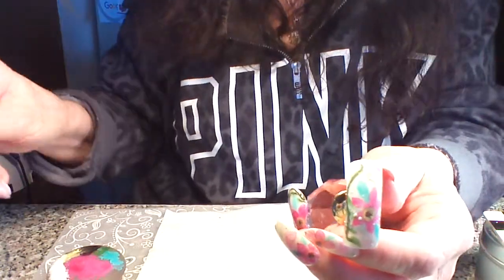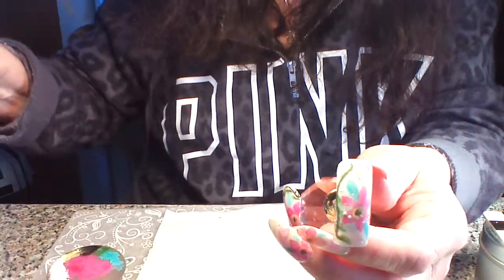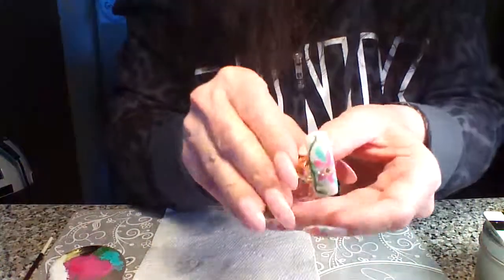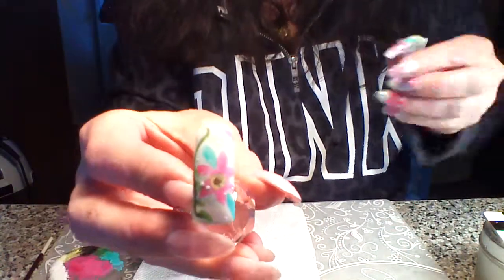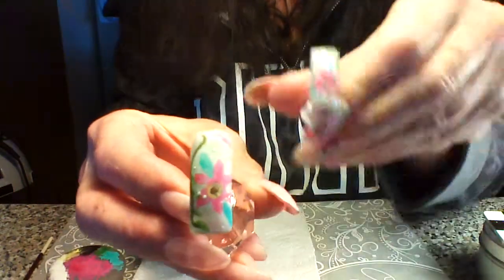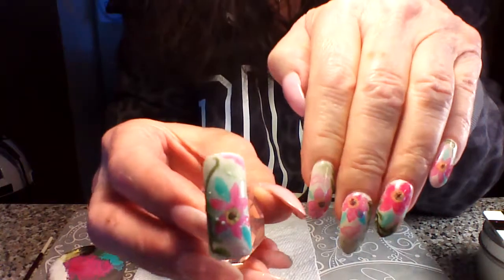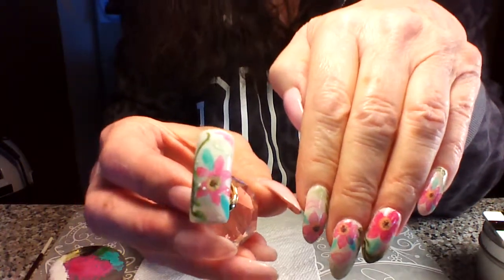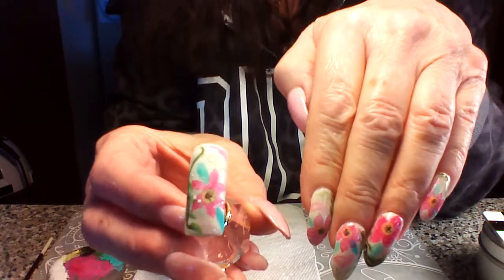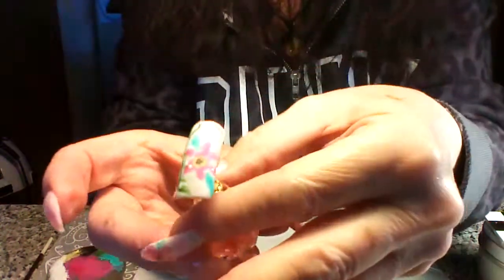So now you just let it dry, and then you put your top coat on, either your gel, matte would be pretty on it, or shiny. On this one that I did here, and on my mani, I did shiny, so it really made it pop real pretty, but matte would be really pretty too. Or you can do a regular, whatever your favorite top coat is. It shouldn't smear and everything. So anyway,